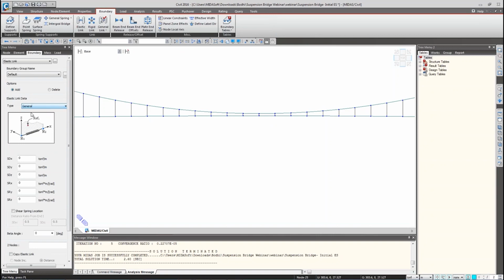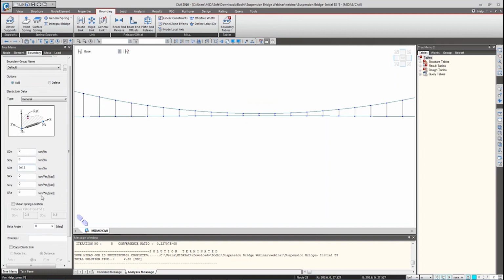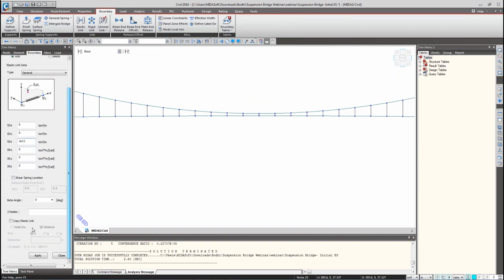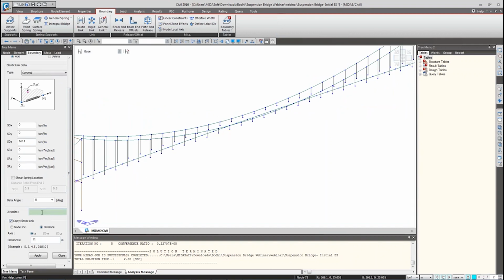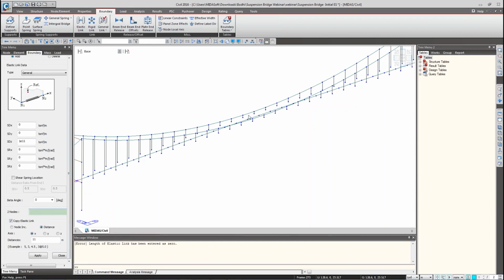From general, sorry, I have to give general. So SDZ means I have to give an elastic link in this direction. SDZ will actually be in global X stiffness. So I'm going to give very high stiffness for global X, and I'll copy the link on the other end of the span 2. For the two nodes, again it turns green as you can see here. So it will take the input from the